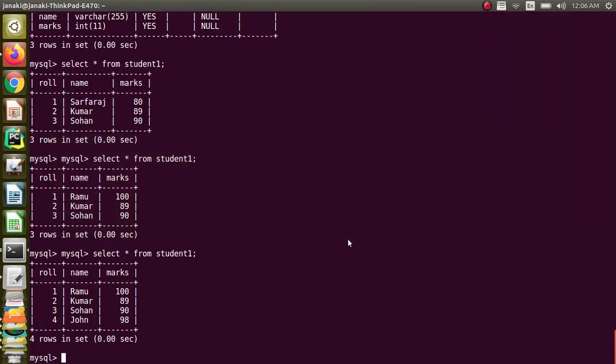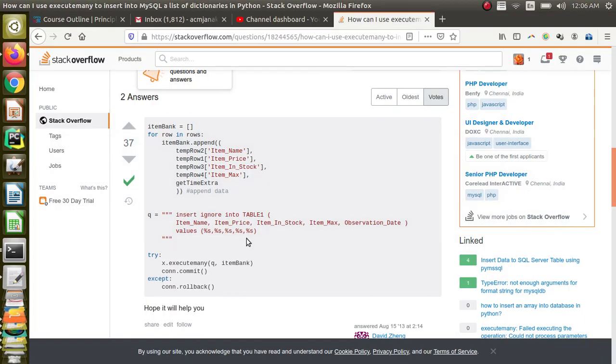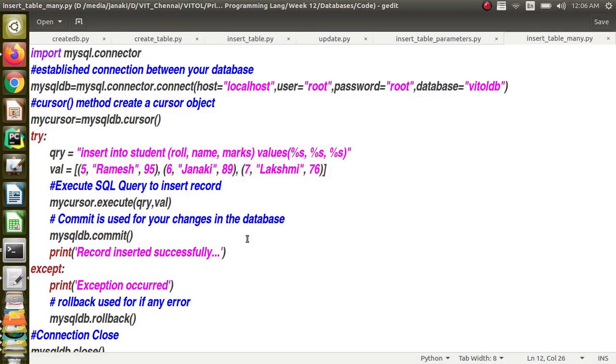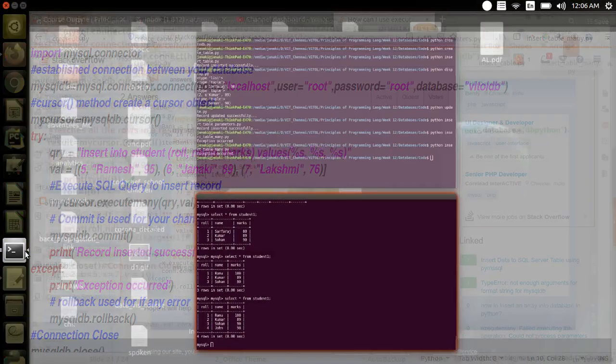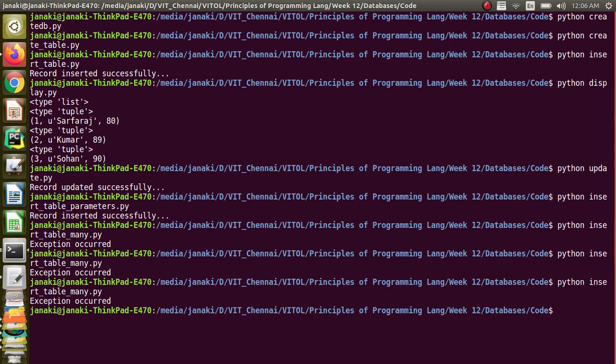It should work. I don't know what the problem is. Executemany is correct only. Let me update the file before uploading the material. We'll check once. Okay, let me check and update it.